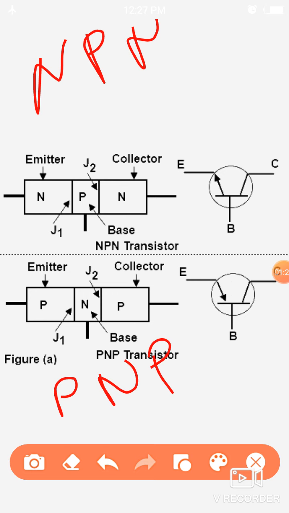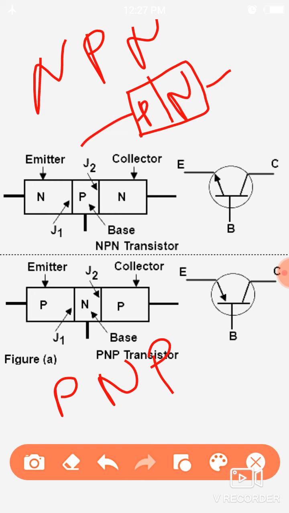So what is the difference between NPN and PNP transistor? The transistor is just a junction of two diodes. As we know, a diode is just constructed of P type semiconductor and N type semiconductor, where P is a highly doped semiconductor and shows that the large charge carriers are holes, and it is due to